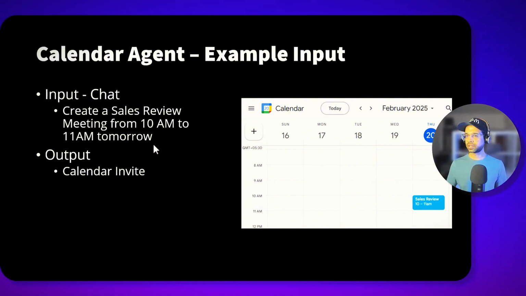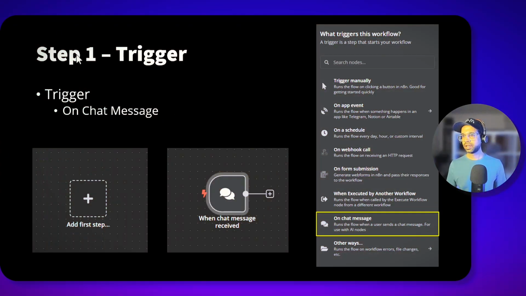Now, how are we going to do it? Let's look at all the steps. First, we need to create a trigger, and this time we are going to take a very, very simple trigger, which is the on chat message, which is just like a chatbot experience. You type something there and it will trigger the entire AI agent to perform an activity. So you're just going to add the first step and then select on chat message,